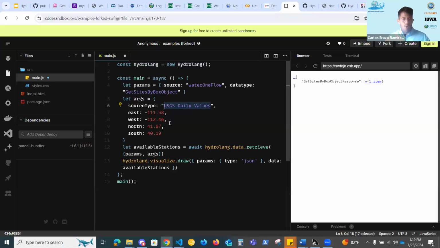Now, there is something to say about this notation that I'm declaring in here, and this is called JSON, JavaScript Object Notation. We mentioned this before. If we talk a little bit more about what JavaScript is, it is a prototyped language, where everything is an object. An object means I can just open the curly braces, and within there, I can write anything that I want as a description. So in order to interface with HydroLang, you need to have three parameters